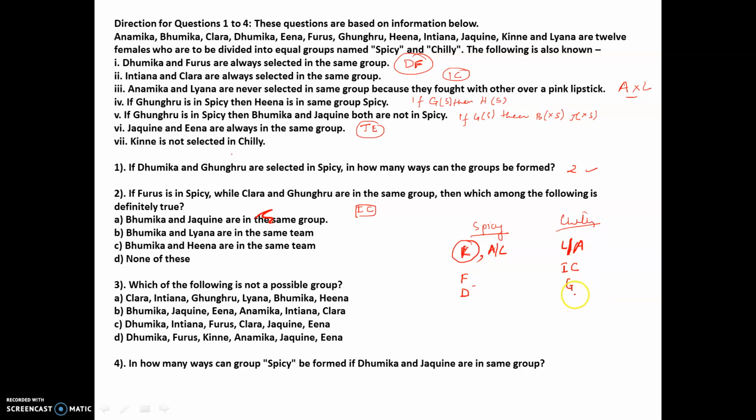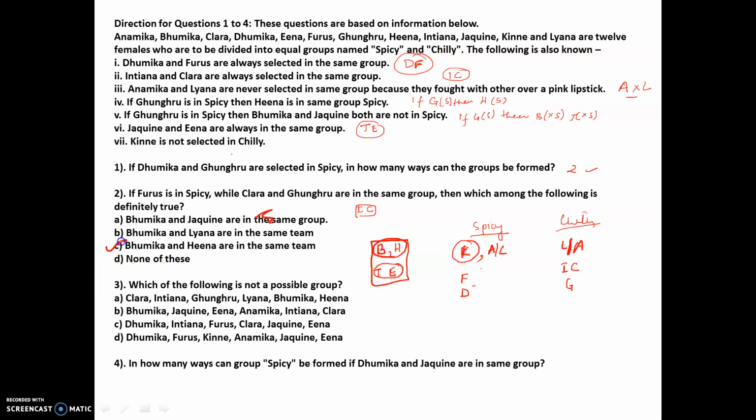Fine. So now I'm left with what? So four members here, 4 members here. So if you keep track of members who are left, one guy is B, the other is H, then we have J and E. These are the 4 members who are left, and we know that J and E have to be together. Now wherever J will go, either in spicy or in chili, it will complete that set. So that means B and H have to be together.